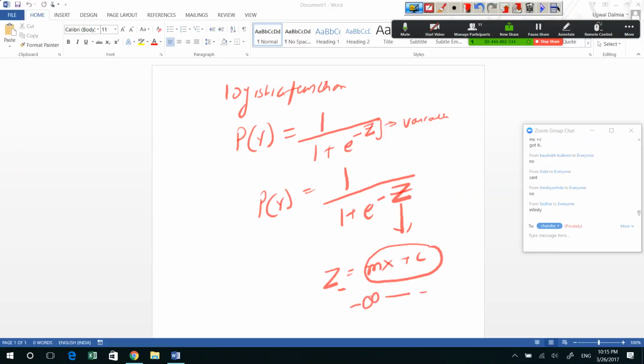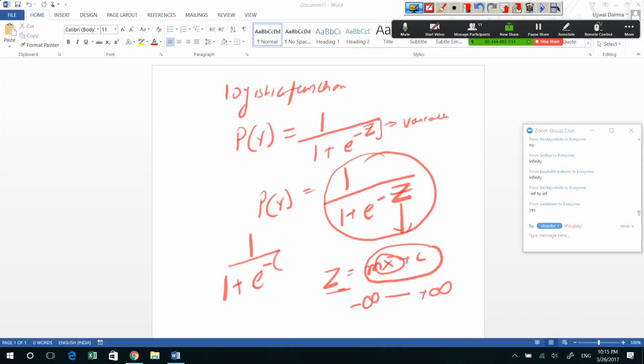Minus infinity to plus infinity, right? Now howsoever big the value of x is going to be, let's say my z value is minus infinity. So what will this value turn out to be? It will be 1 divided by 1 plus e to the power minus of minus infinity, right? That's equal to 1 divided by 1 plus e to the power infinity, and that is equal to,